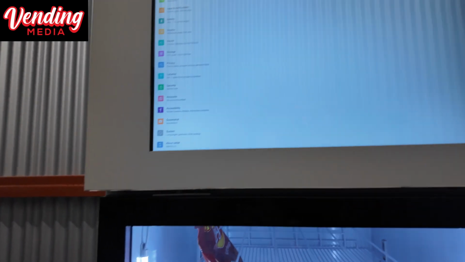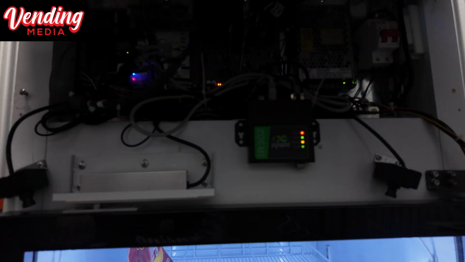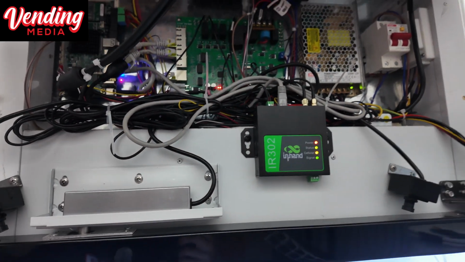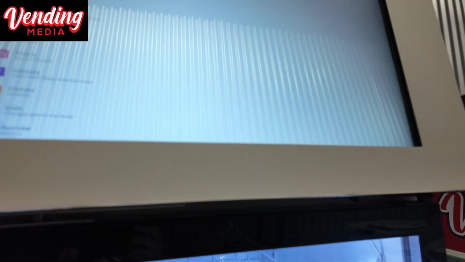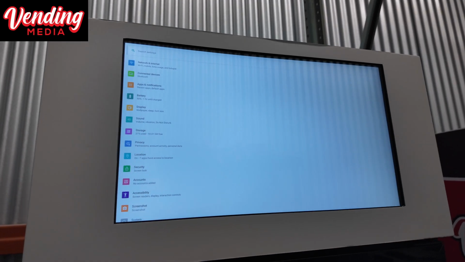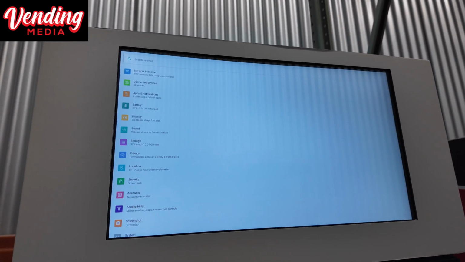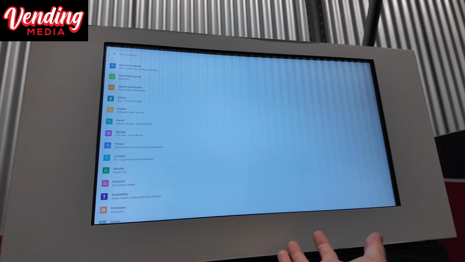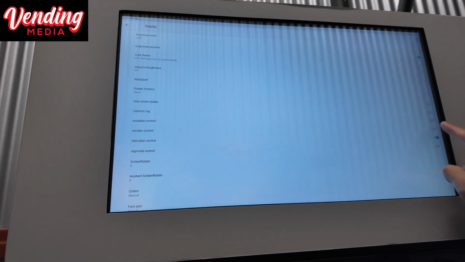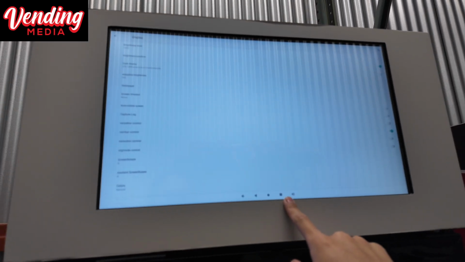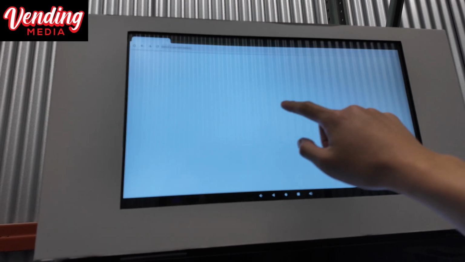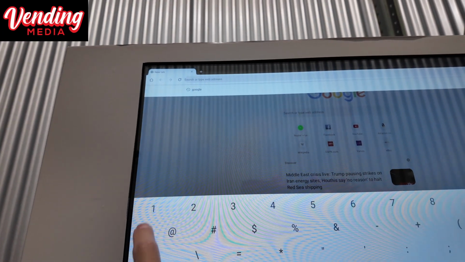And to do that, first you should turn off the machine and actually unscrew the router. So there's some screws on both sides. You unscrew the router, and on the back there'll be a sticker with your login information. So to check why the SIM card is not providing internet, after you've gotten your username and password, we go to display here, advanced Navibar control. Let's turn that back on. So now this Android navigation is here again. You can click the circle to go to home, scroll up, go to Chrome, and you need to type in the IP address